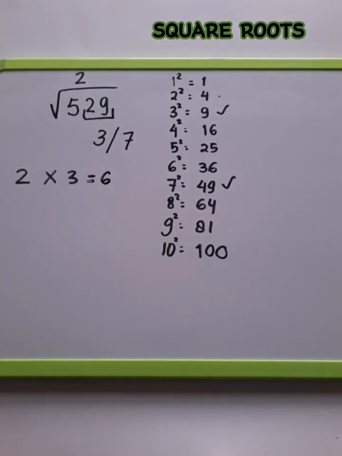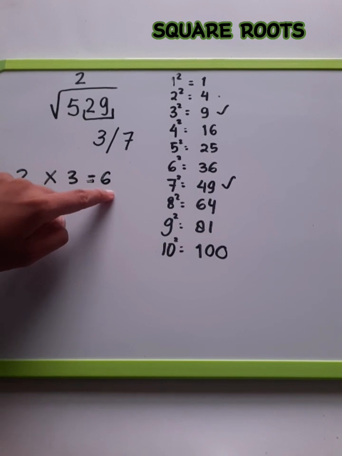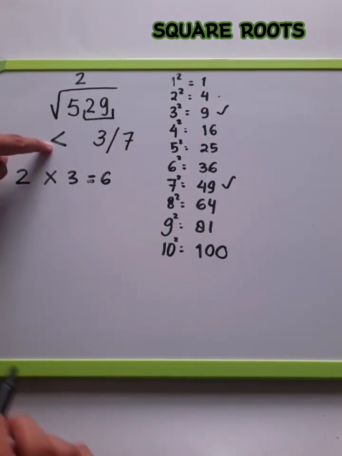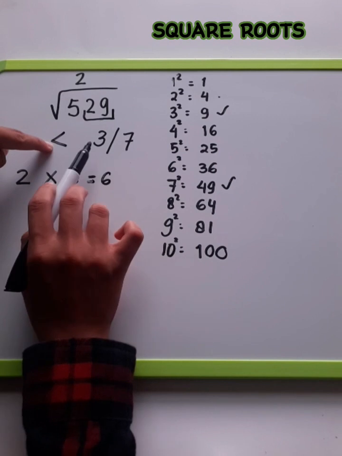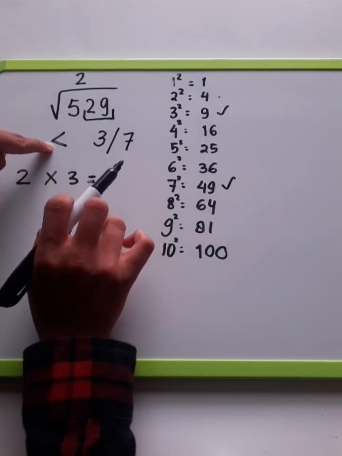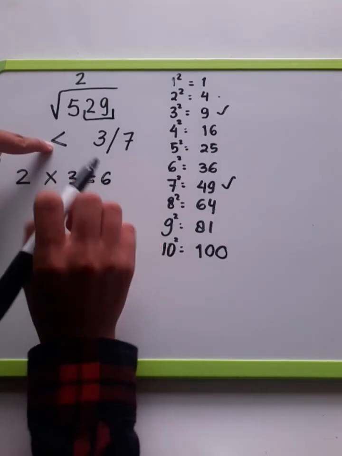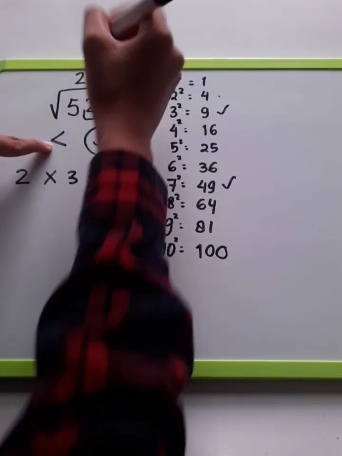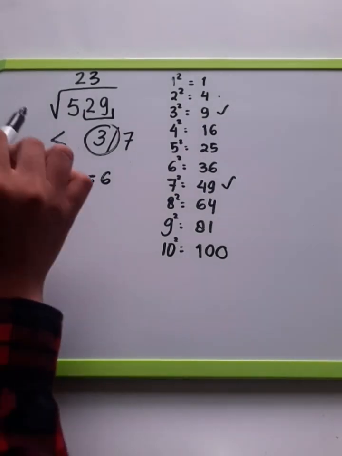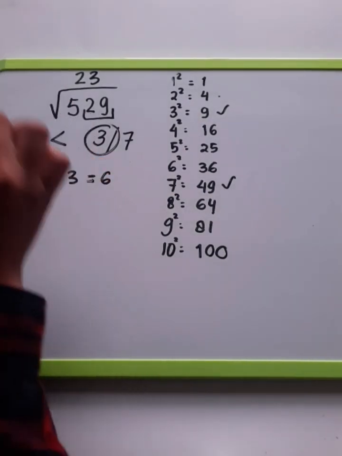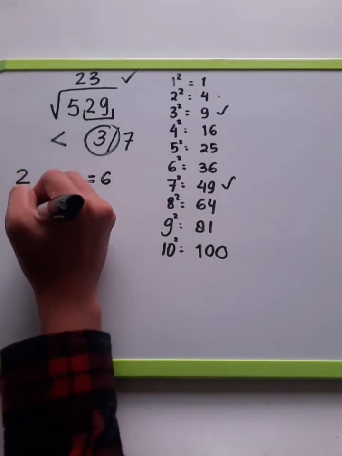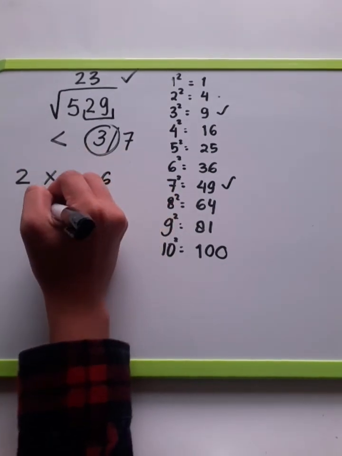And then you compare 5 with 6. 5 is smaller than 6. And then we choose the smaller one of 3 and 7. Which one is smaller? The smaller is 3. So we get the unit digit, it's 3. So the square root of 529 is 23. And that's enough. Other example is the square root of